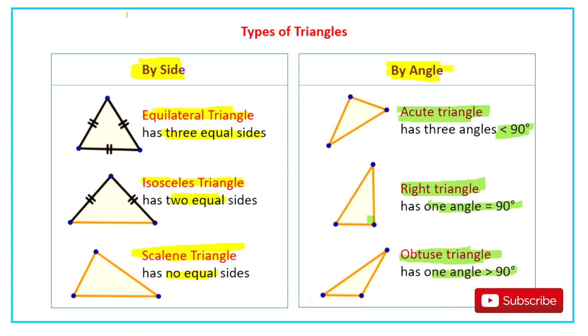Please, I want all of you to make this table in your notebook and mark this as a very important concept from your examination point of view. We can give you questions to identify whether this is an equilateral, isosceles or scalene triangle. Also, we can give you questions on the basis of angles, as acute angled, right angled and obtuse angled triangles. Let us go ahead. I hope everybody has drawn it. First, all of you please complete this in your notebooks and then I am going to move forward.